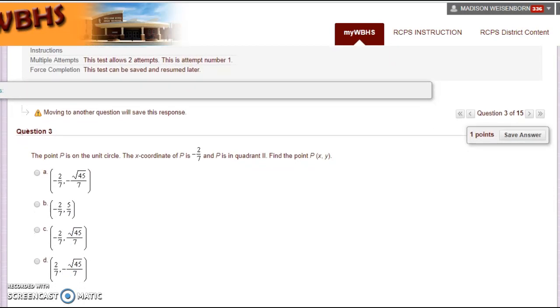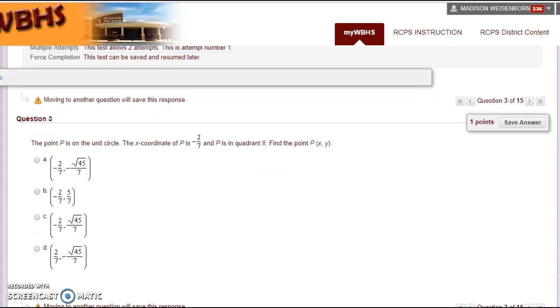Okay, so another question is proving that, this can kind of go 2 ways, so proving that a point is on the unit circle, or I give you part of the coordinate and you have to find out the rest. So I'll talk about all of that with this question. One thing you can do is, if my x-coordinate is -2/7, I can create a right triangle with that, because you can start thinking of x as cosine and vice versa. So cosine is adjacent over hypotenuse,